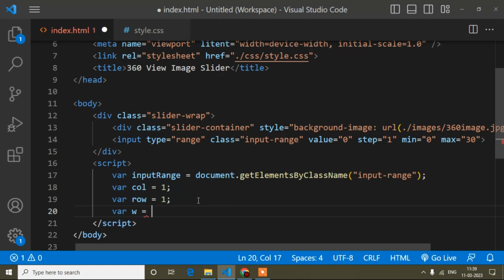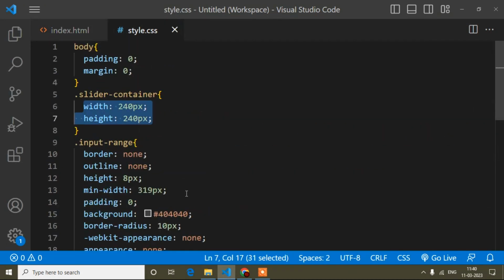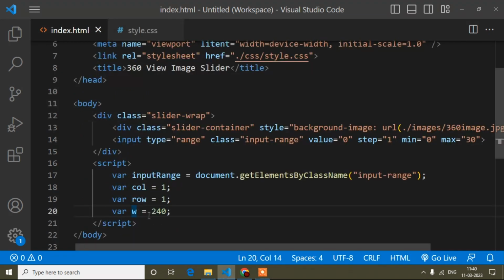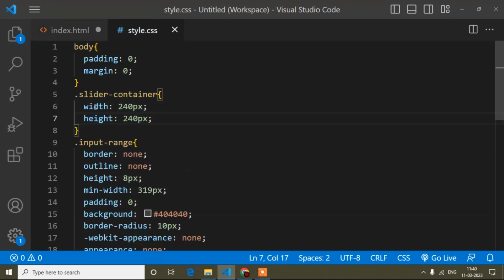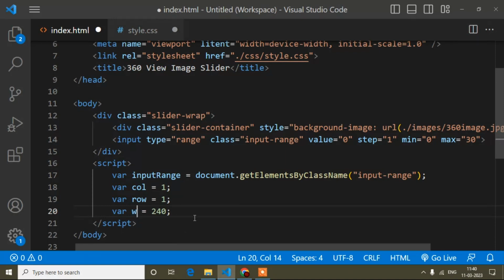And I will write here width. I will write the variable name w, but you can write width as well, because you can choose the variable name as per your choice. Again I'm saying, here width and height are both the same, right? If you notice, width and height are both the same. So here I can write the variable wh, meaning width and height. But suppose it were different, like width 240 but height 280. Then you need another variable h, and that is 280, like this way.